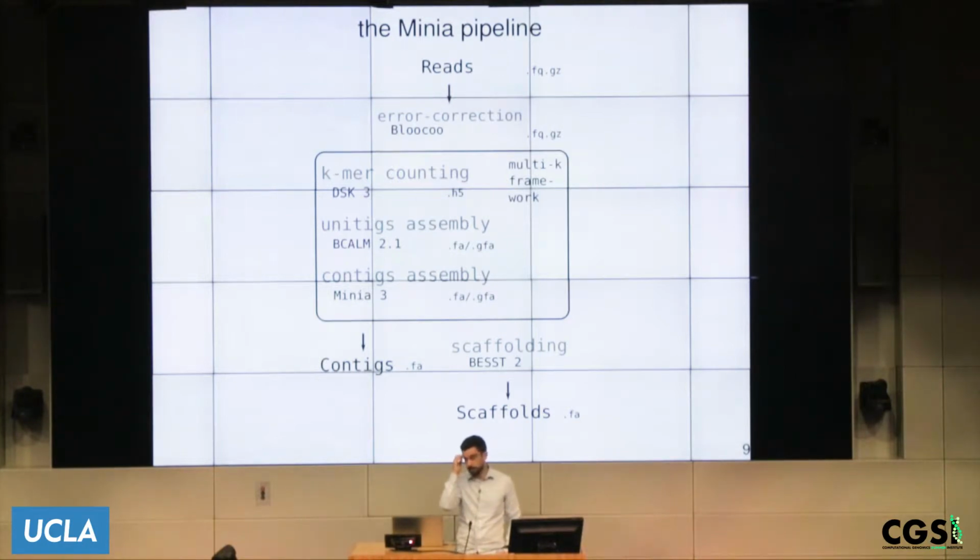And finally, a third pipeline is my software, Minia. It also works in a similar way. It starts by taking the reads, correcting them. And then we have a set of tools which have a lower grain than perhaps other assemblers. The purpose here is to make the steps a little bit modular, so being able to run some of the steps independently with different parameters, like k-mer counting and graph construction, and being able to inspect the intermediate results, and maybe switch modules with other modules with different parameters to have a higher control on the assembly